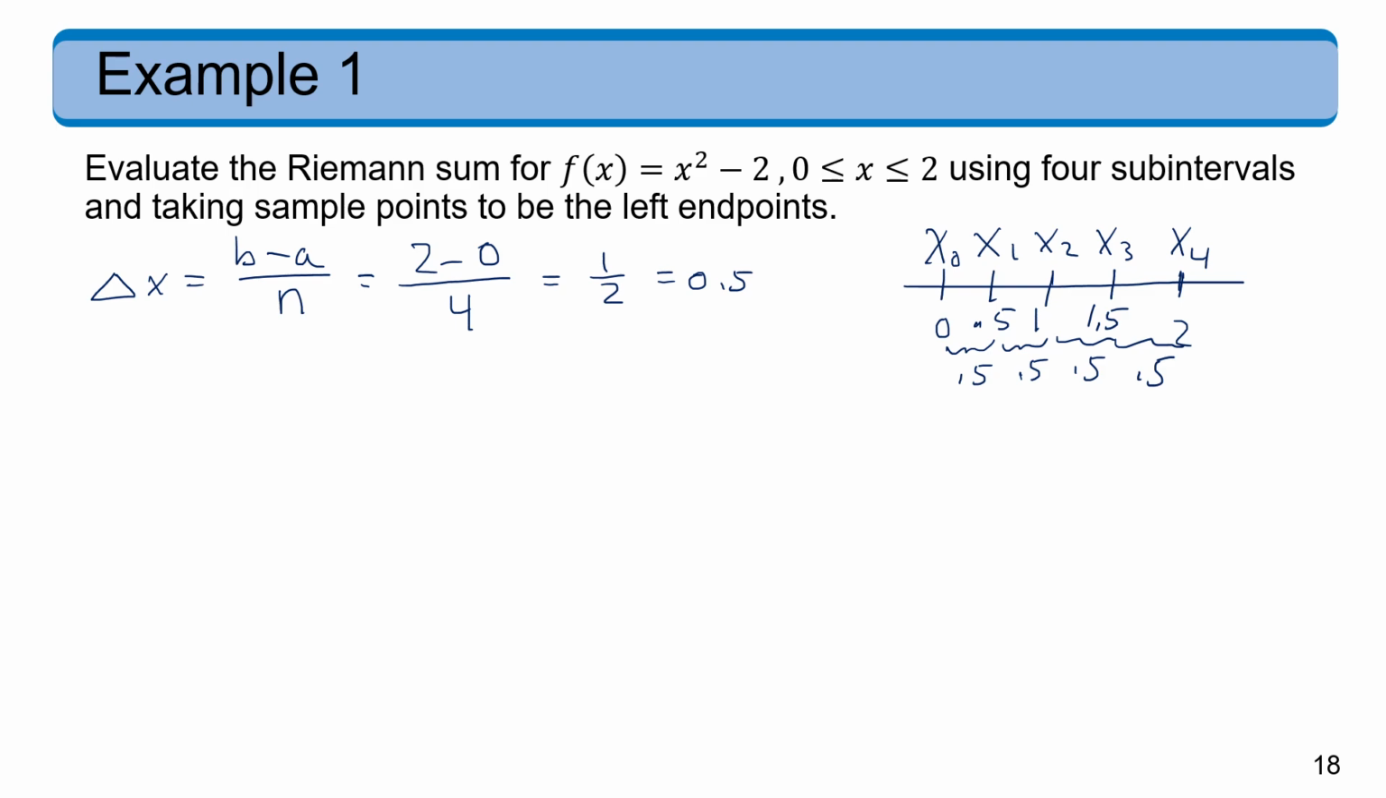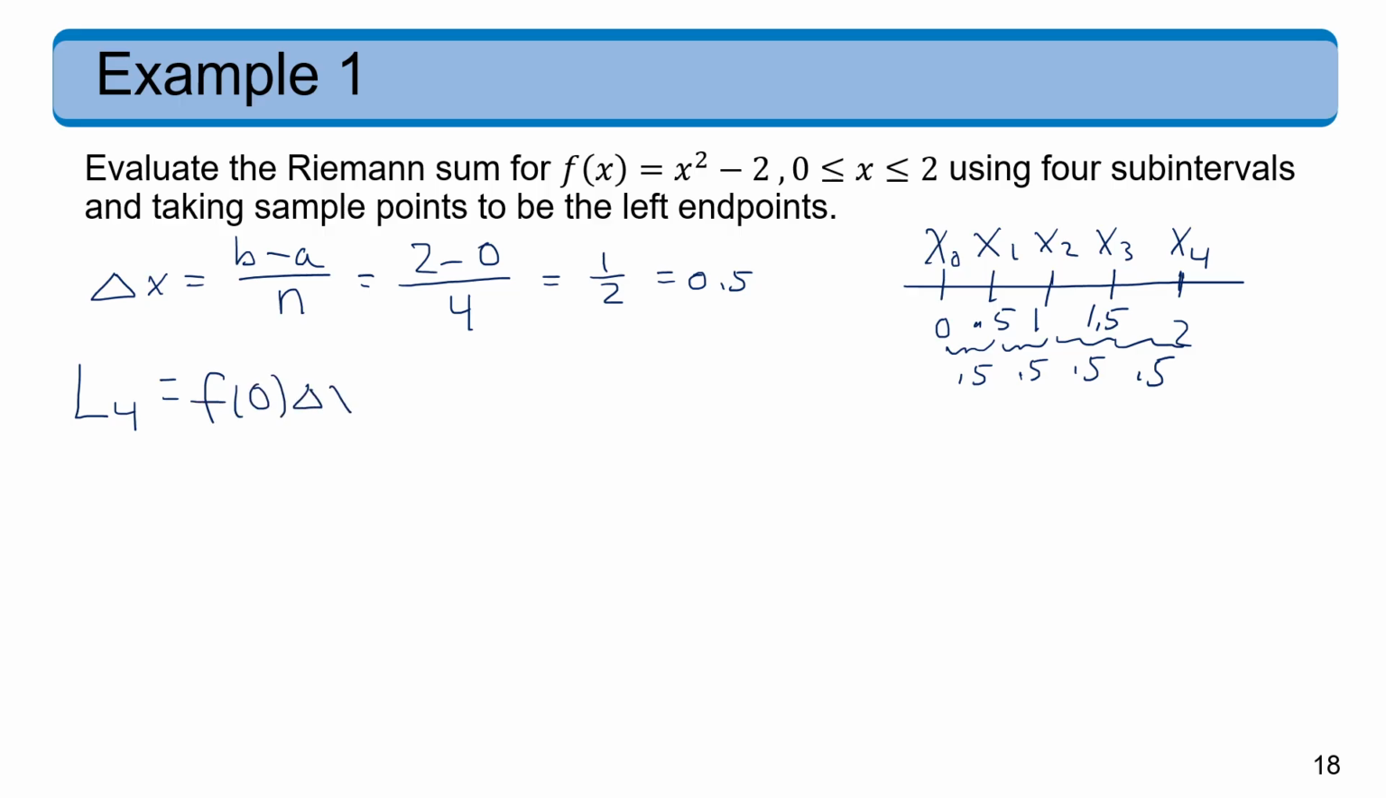Since we're using left endpoints, our notation would be L sub, and there are 4 subintervals, which means 4 rectangles, so it's L4. And then for our first subinterval, which goes from 0 to 0.5, we would take the left endpoint of 0 and plug that into the function. So we'd have f of 0